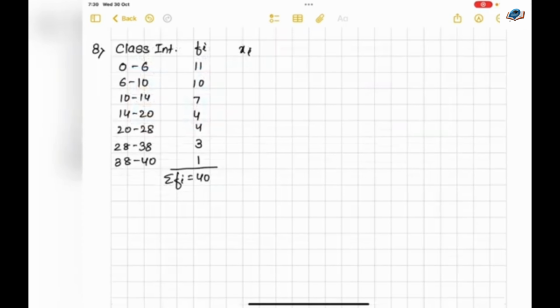Now, if you see here carefully, the intervals are not equal. So, I am finding the xi accordingly. So, here it will be 3, 8, then 12, then 17, then 24, then 33, then 39. Now, I am using the direct method, fi xi. So 11 threes are 33, 10 eights are 80, then 12 sevens are 84, then 68, then 96, then 99